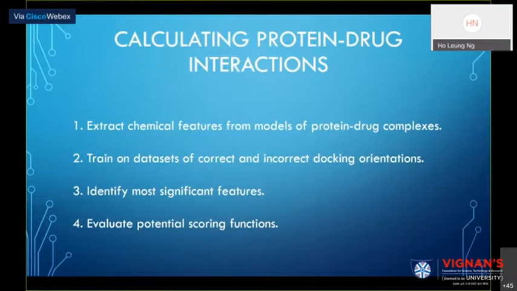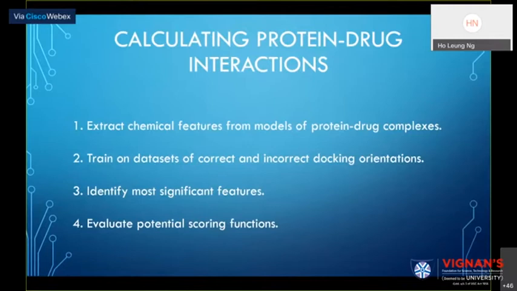And the nice thing about machine learning is that you can calculate and use as many chemical features as you want and feed them into the neural network. Part of what the network does is that it tries to calculate the weights and the relative significance of these different features. So you have your neural network architecture, you feed it the features, and now you train your network on different